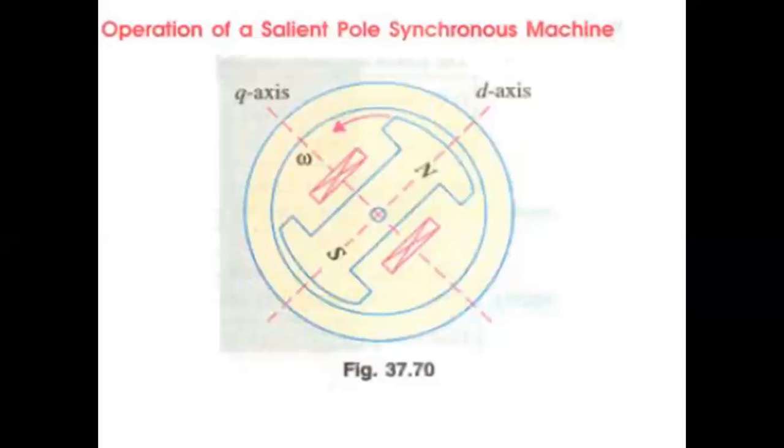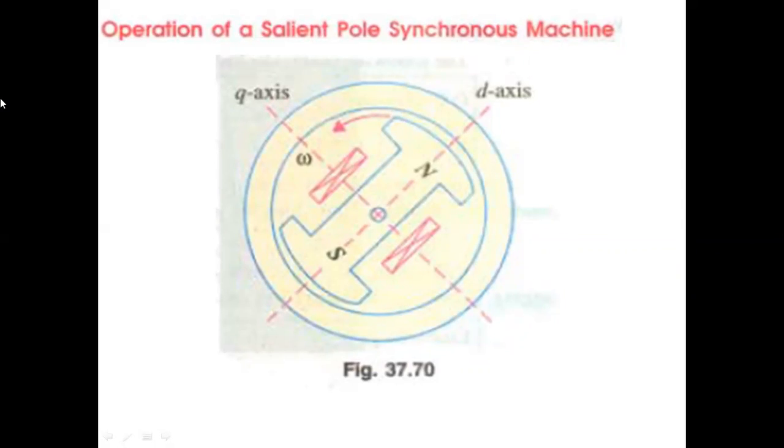So if you take a synchronous machine with salient pole or projecting poles, that means the poles will be projecting from the rotor upwards. A projecting or salient pole machine rotor has non-uniform air gaps. So what happens, the reactance will not be uniform, it will vary with the rotor position. This reactance will be different for different positions of the rotor.